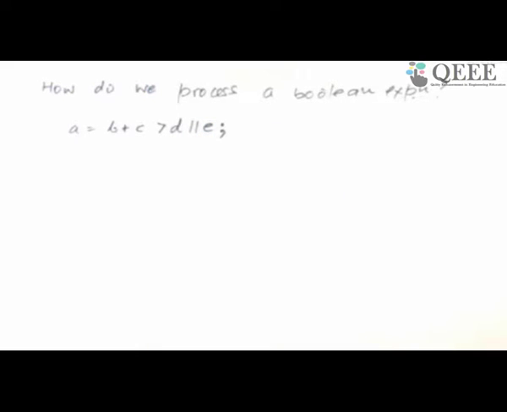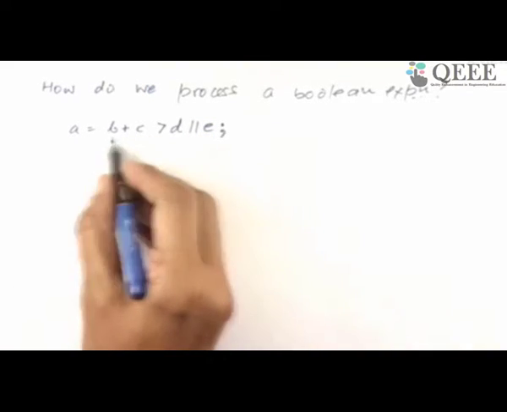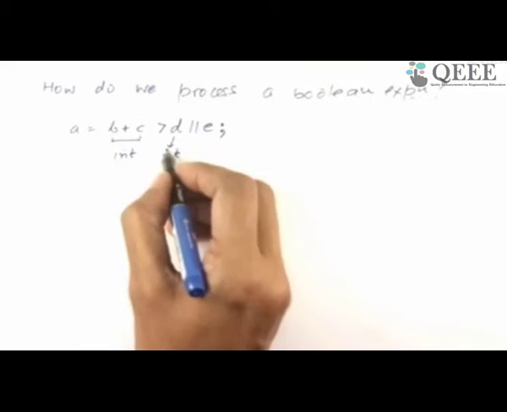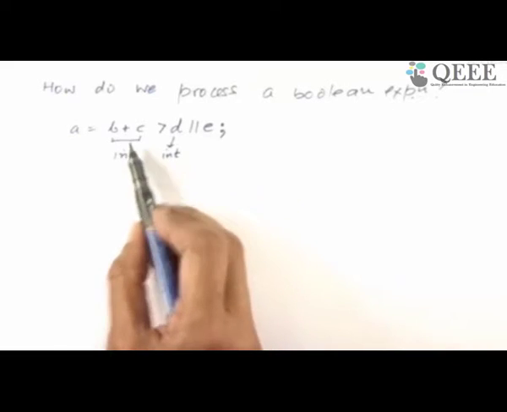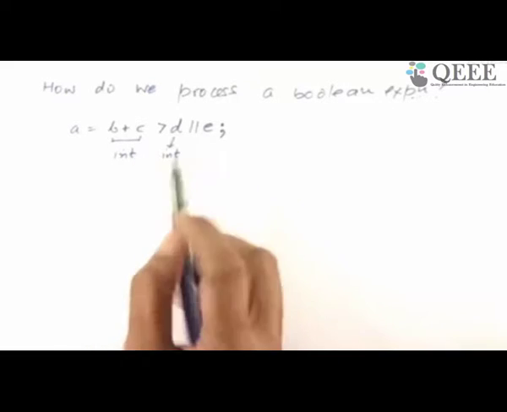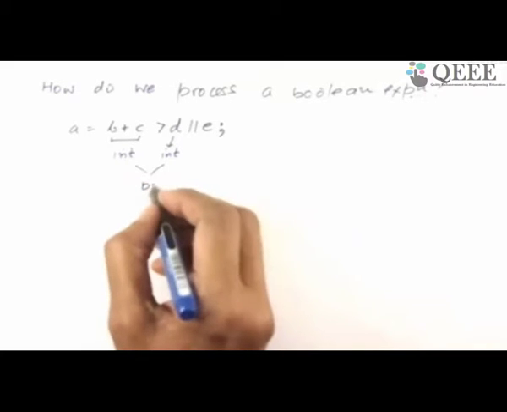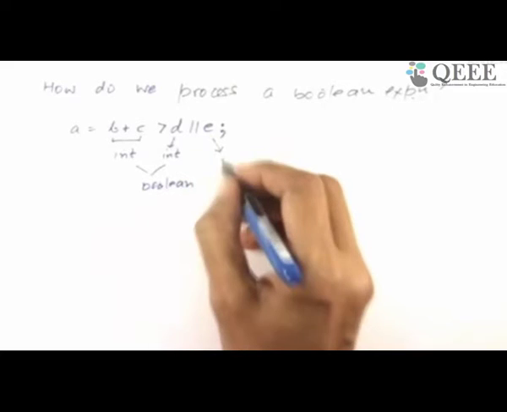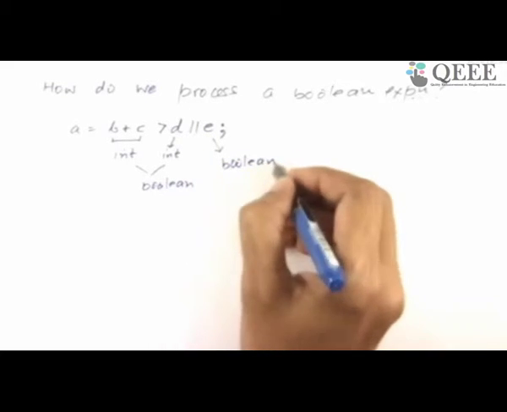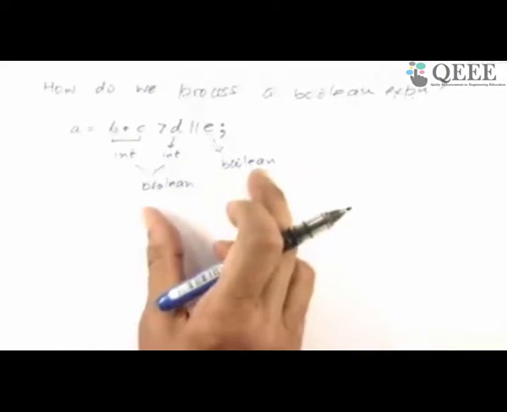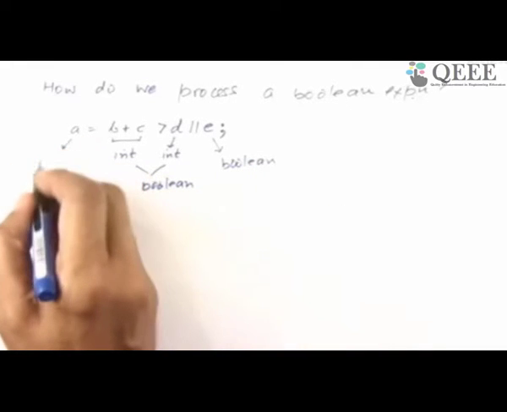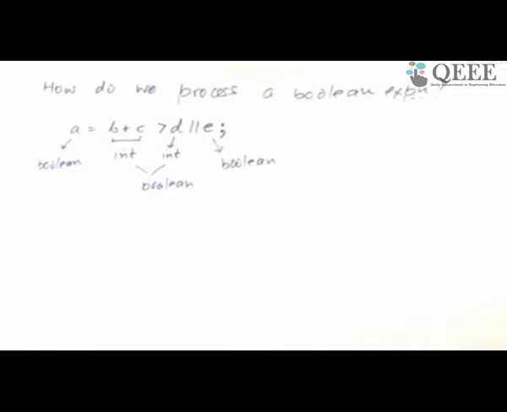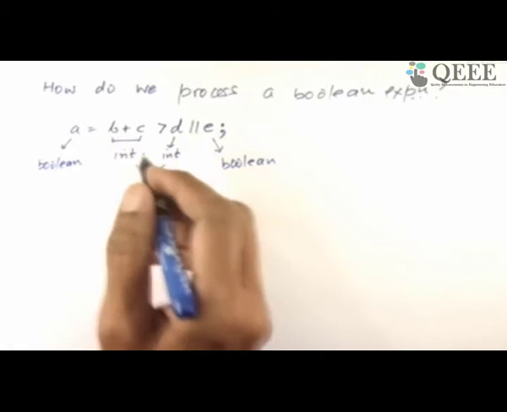What are the types? Obviously, b and c will be arithmetic type. Let's assume int. This is also int. Now if you add two ints, you get an int. Compare with two ints, this will give you a Boolean value. Since I'm ORing with e, I'll assume this is Boolean. So Boolean or Boolean yields a Boolean, and a is also Boolean. So this is a proper assignment to a. This is one way in which a Boolean expression can be handled, but the expression is this part, the right hand side.